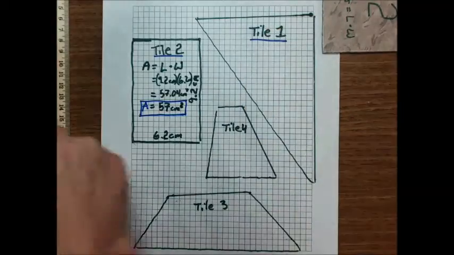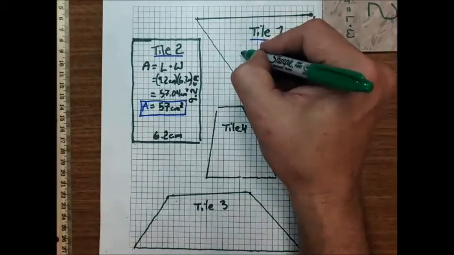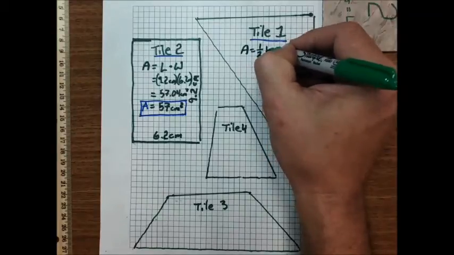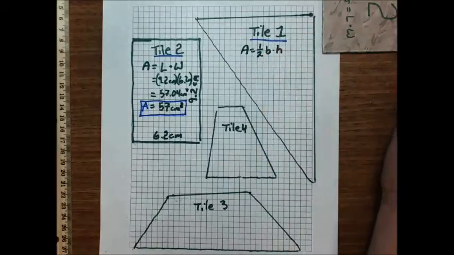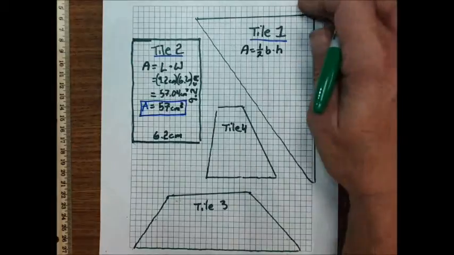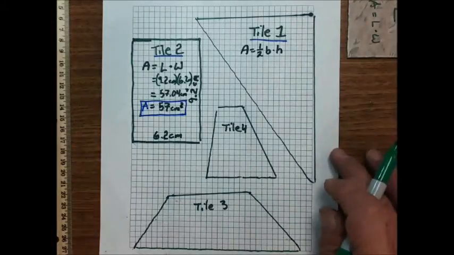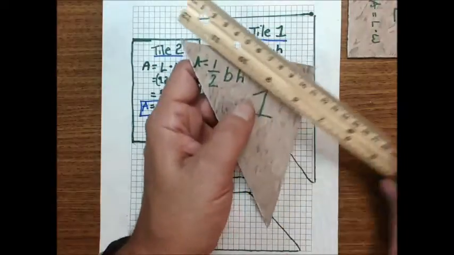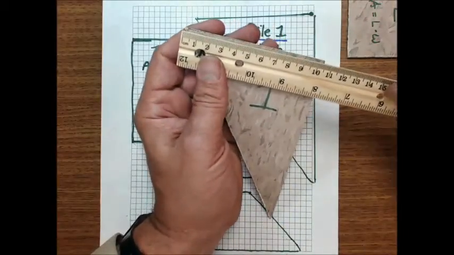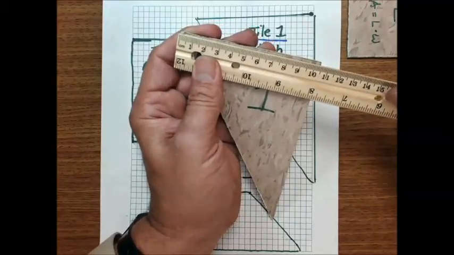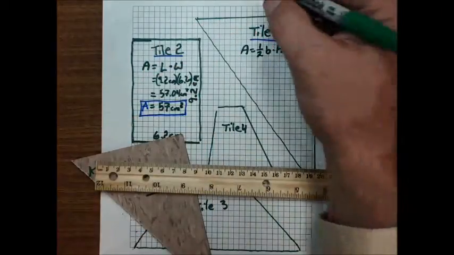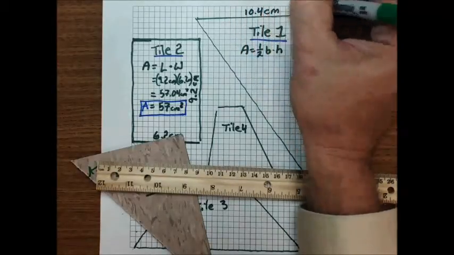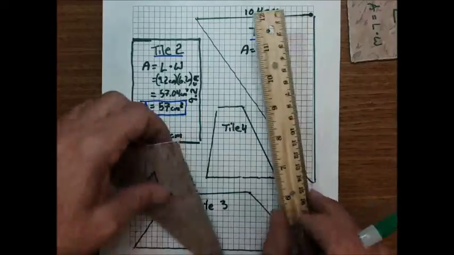Now in this case, for the triangle, it's also a regular triangle. So for a triangle, area is equal to 1/2 base times height. So I need to know the base of this triangle, which I'm going to call this, and the height of this triangle, which I'm going to call this line right here. So I need to measure them. So I'll start with the base, what I call the base, and it will be 10.4 centimeters. So this is 10.4 centimeters, and the height of this triangle